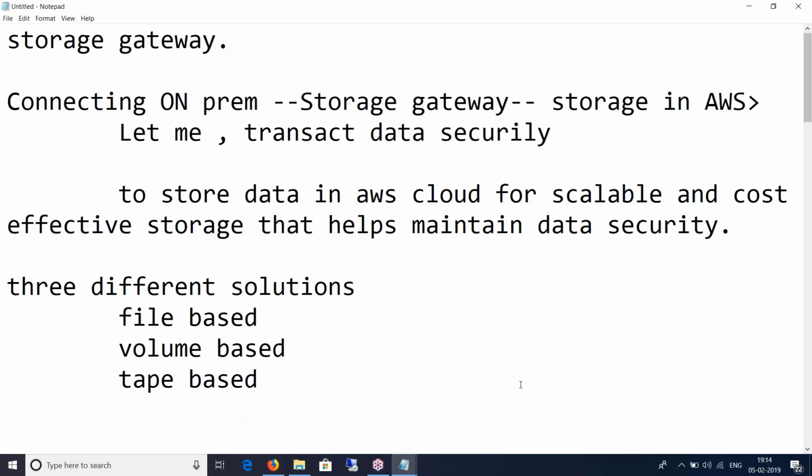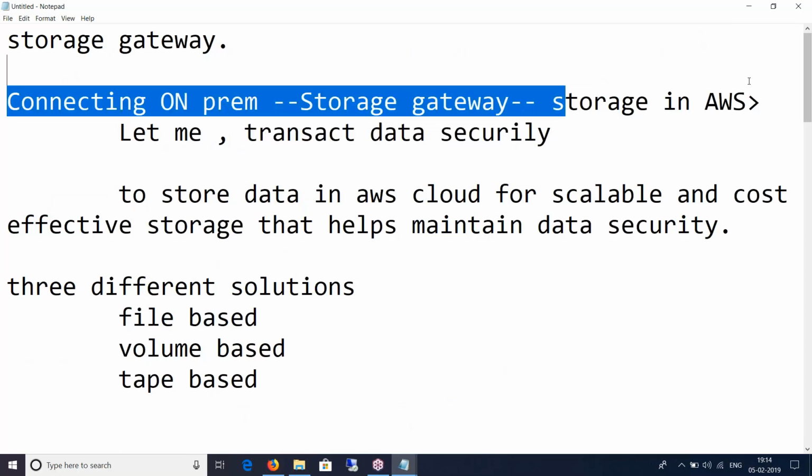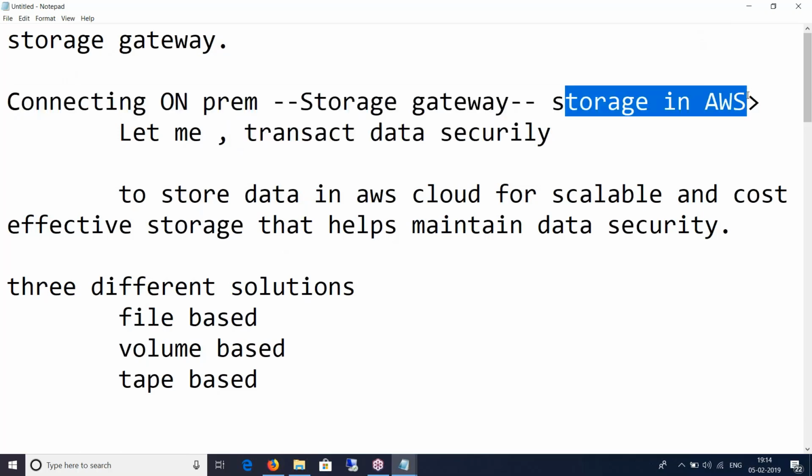So a file storage gateway will let me do all that good stuff, which is transacting the data securely between on-premise and the storage in AWS, which is S3.